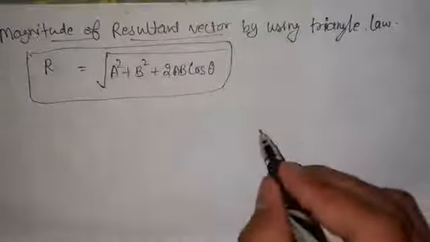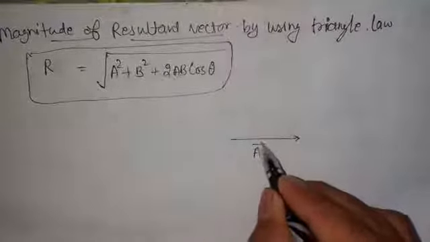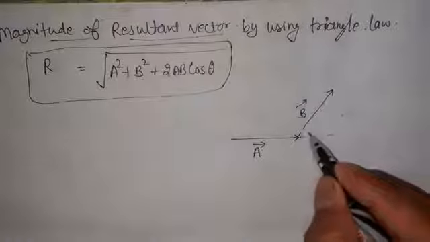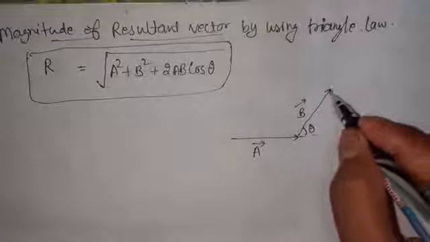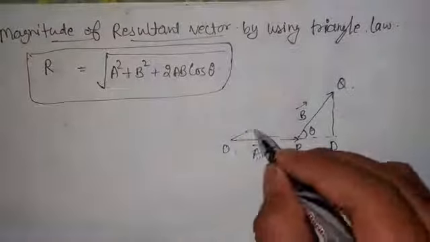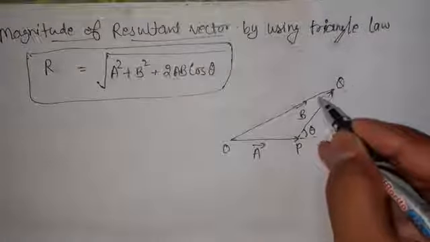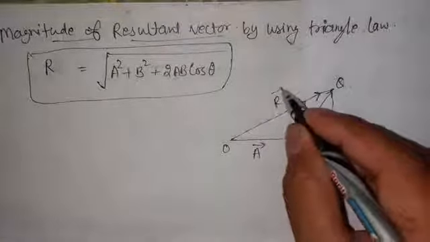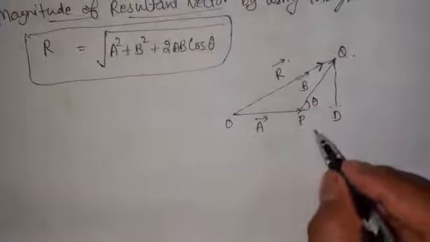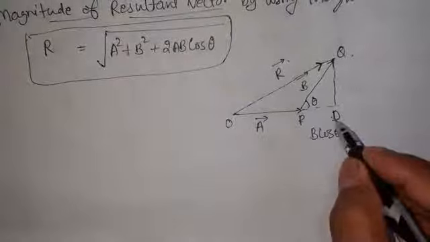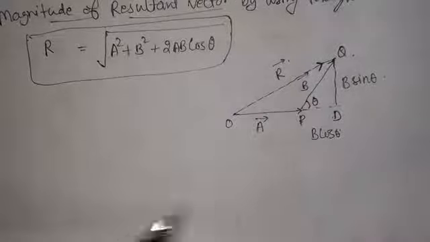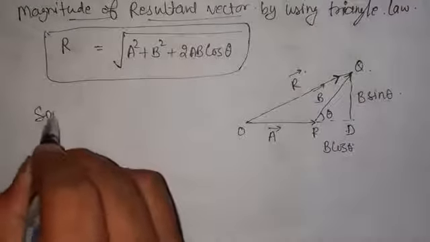Now remember over there we were having, this was the one side of that triangle, and here it was the second side of the triangle, and there this was the angle between these two vector, and here we have drawn a perpendicular. So this was Q point, here it is P point, here it is O point, and it was the third closing side. It was the closing side which was in opposite order, that was R vector. Okay, now over here we get that PD is what? It is B cos theta. PD measurement is B cos theta. QD measurement is B sin theta. Okay, now here special cases we are going to deal with.